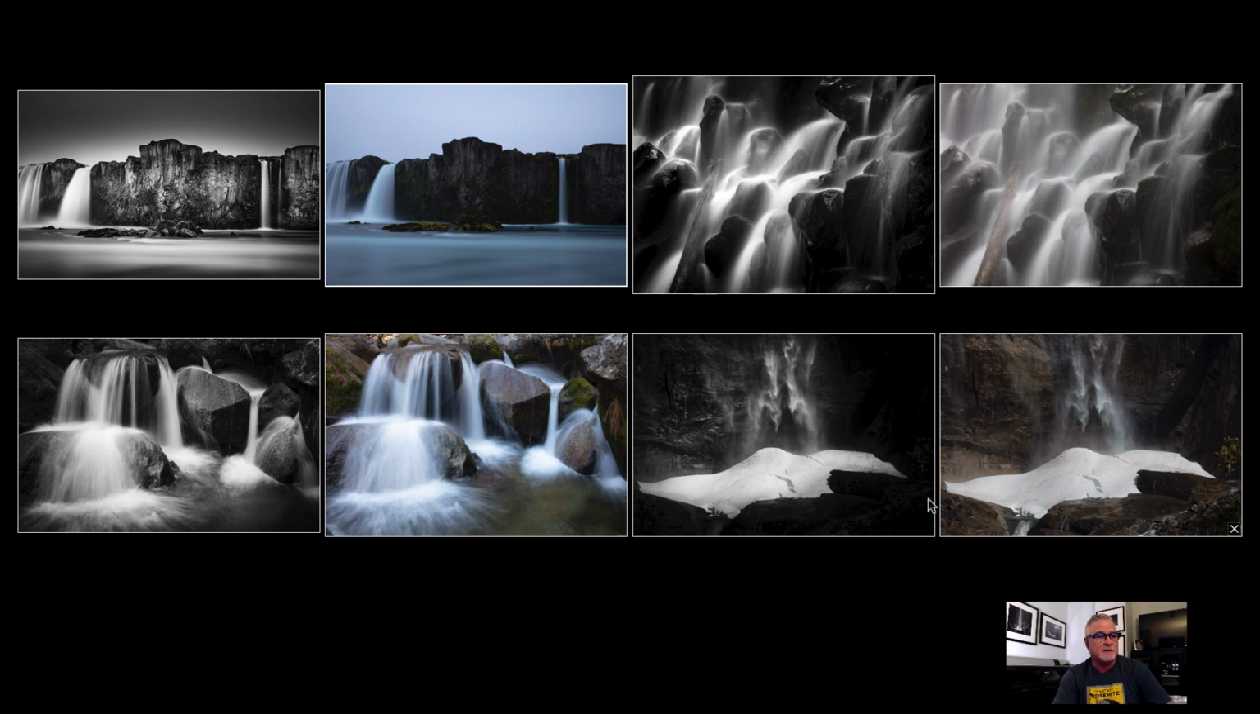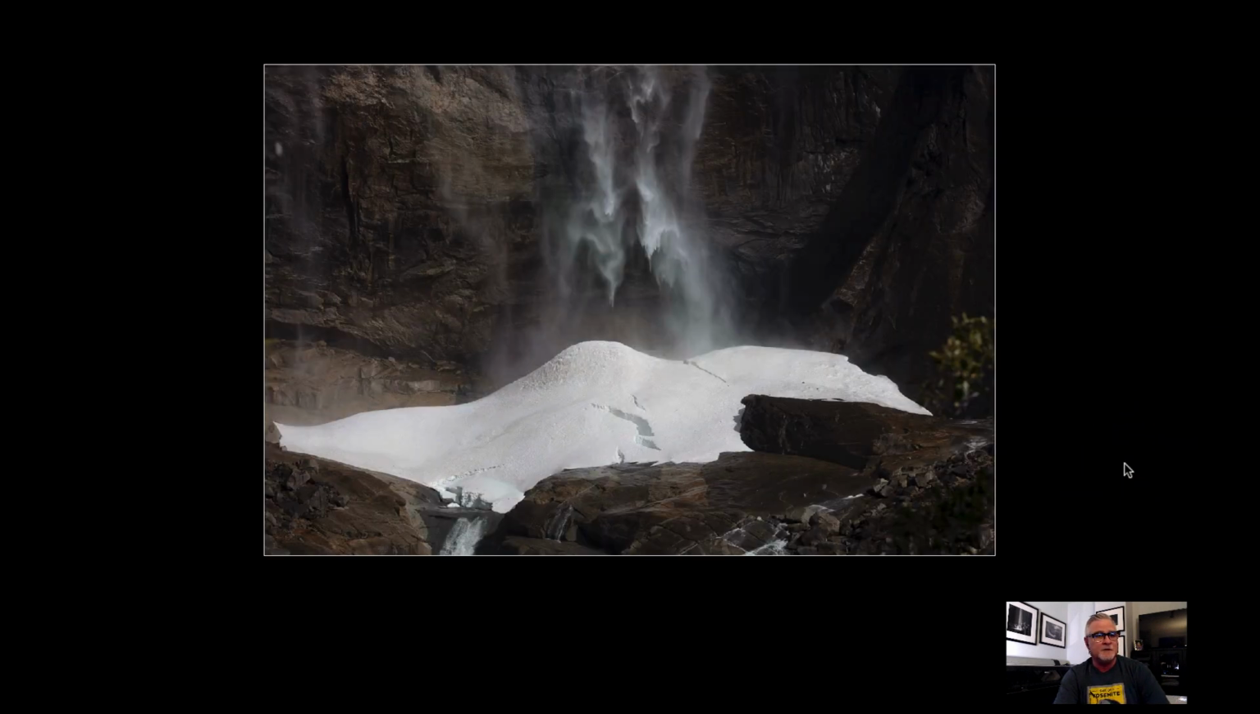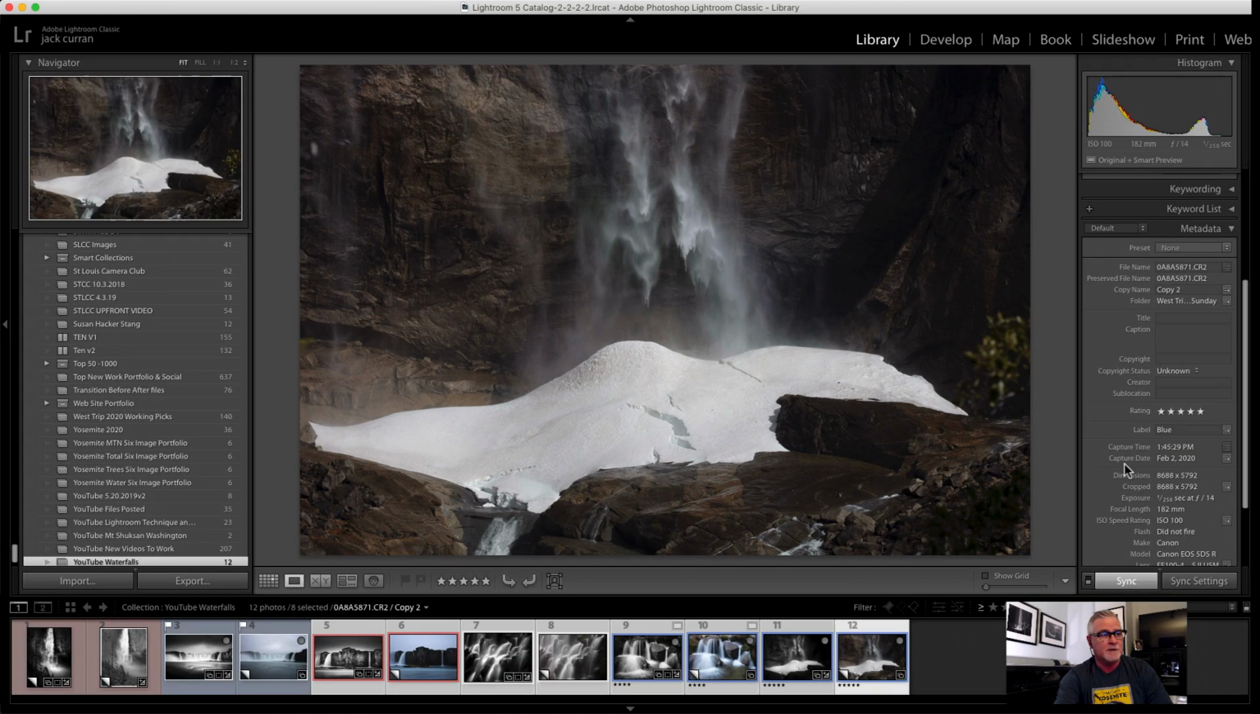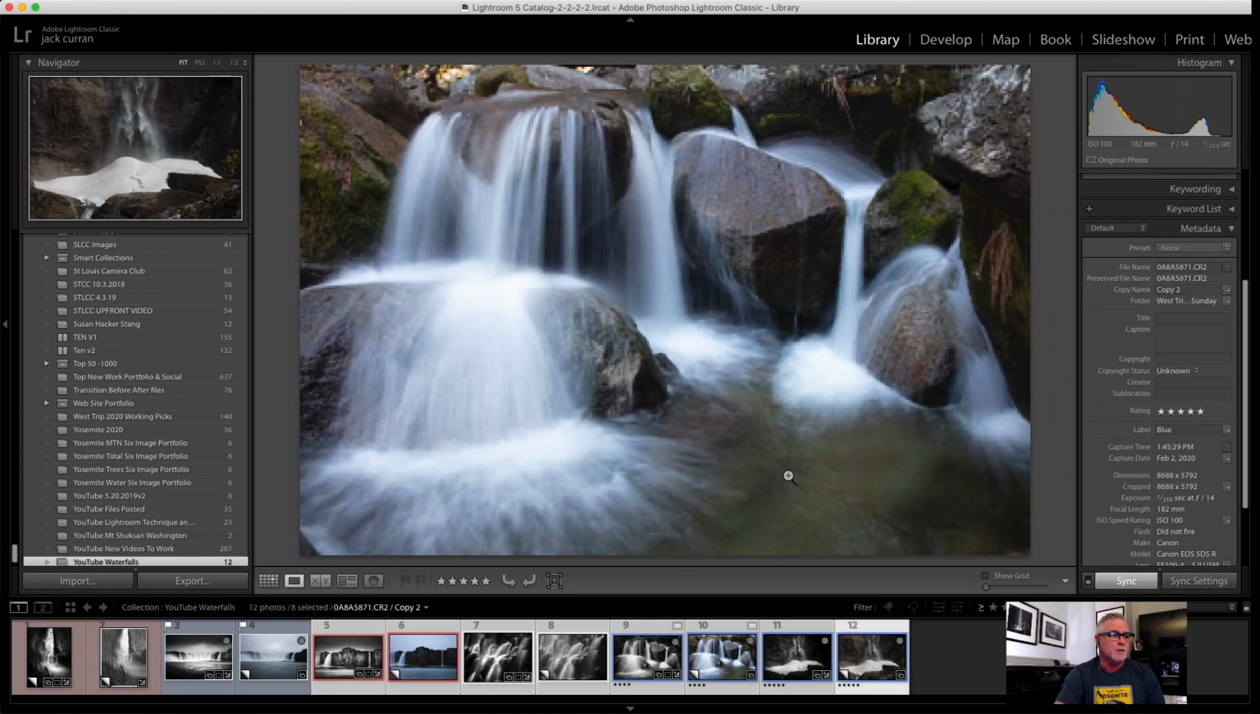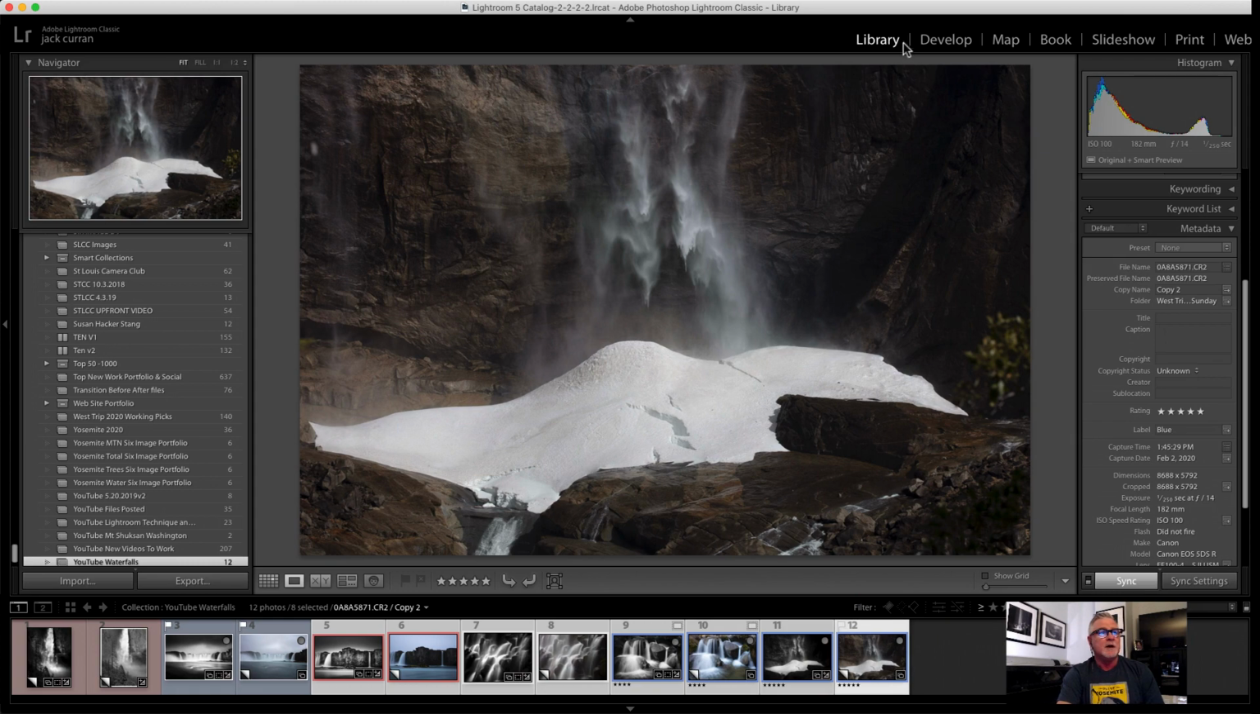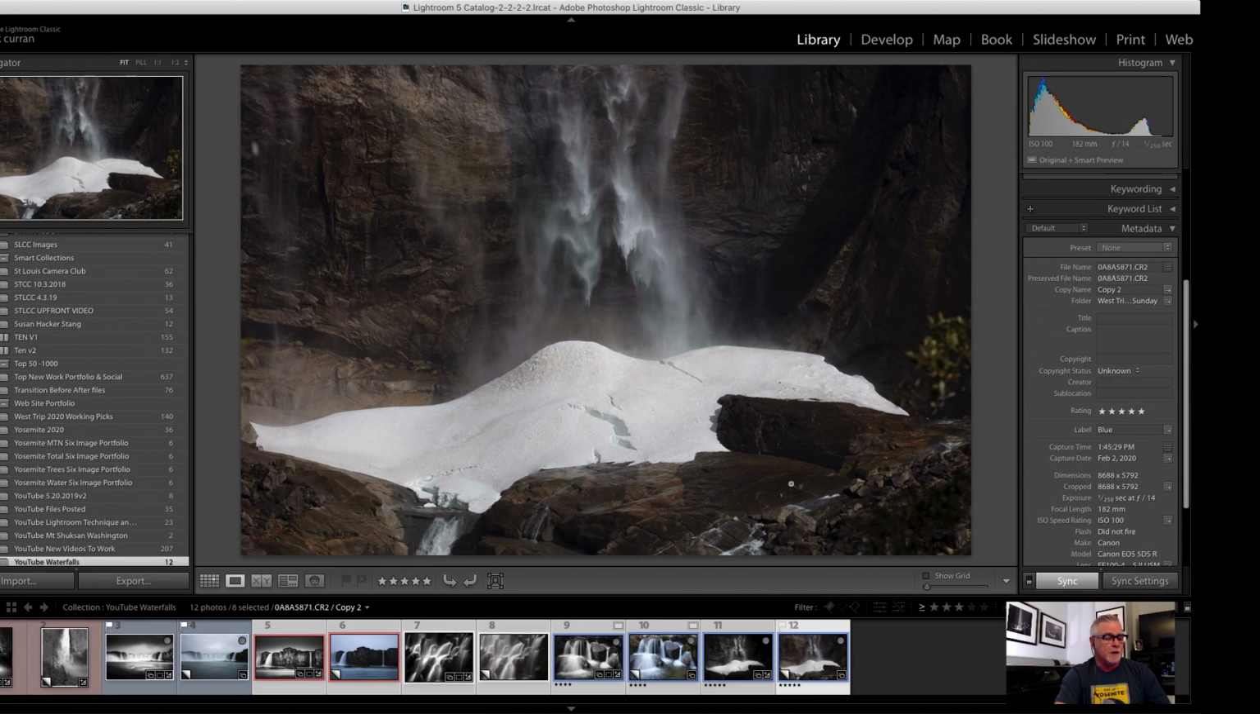So let's just pick one. Let's go into the Yosemite one. I'm going to get my palettes back. I'm going to hit this, get my development tools up here. All right, so when I first look at this, I'm looking for the flow, and you'll notice that I see